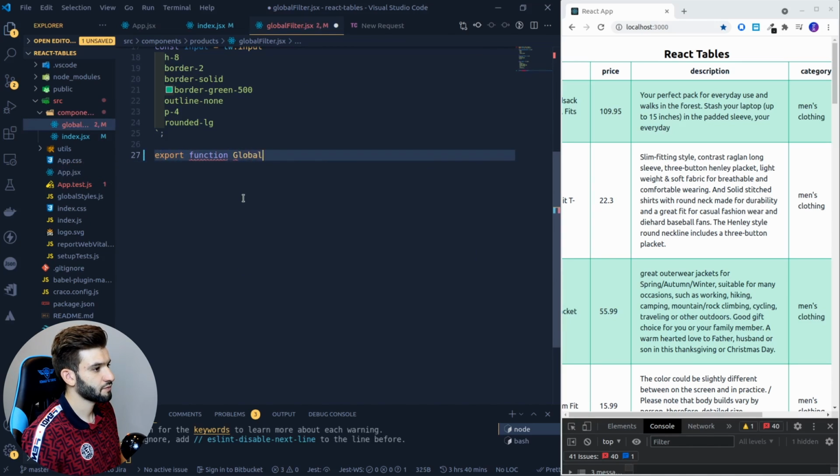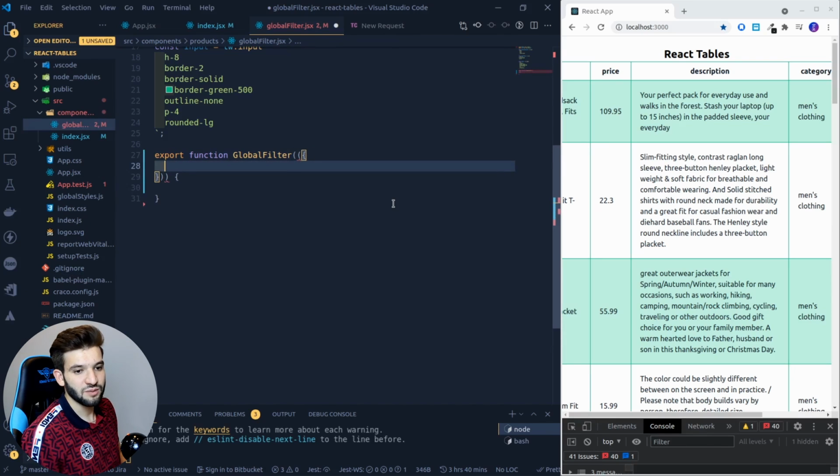global filter, and this particular global filter is going to take a couple of props you're going to need. So let me just introduce this function. That's okay. So that should work. For these, what we need is actually the